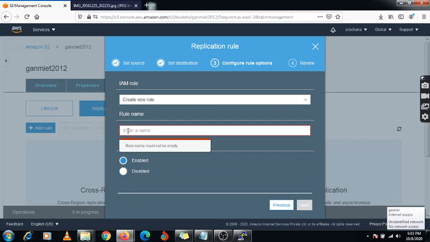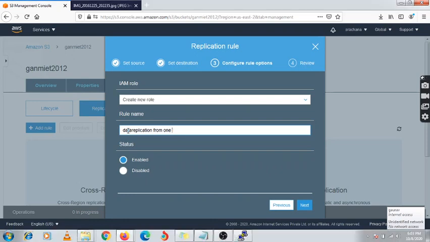I am creating a new role having the name data replication from one region to another. Status, you always need to specify enabled.